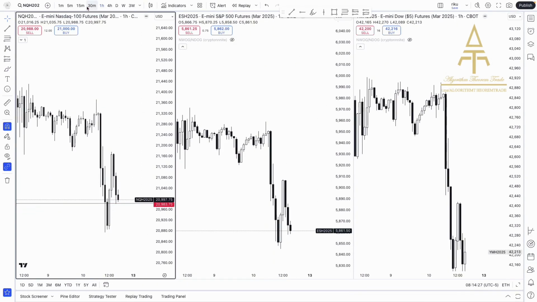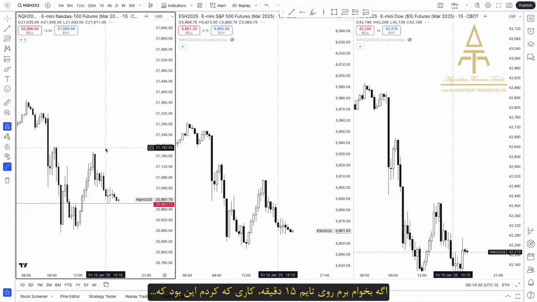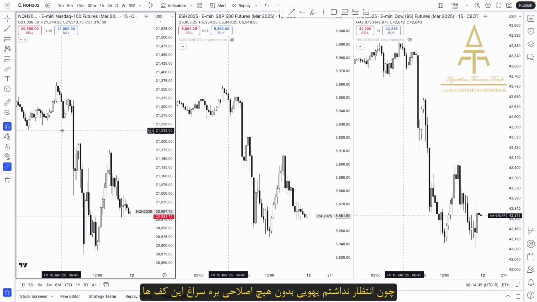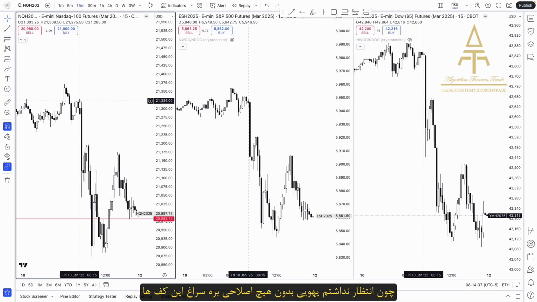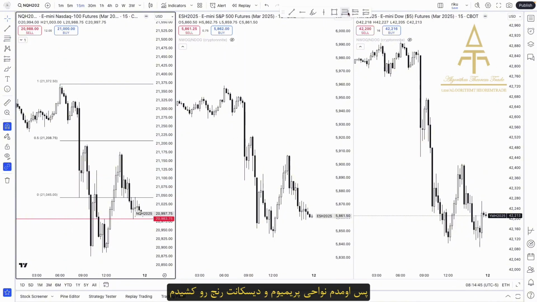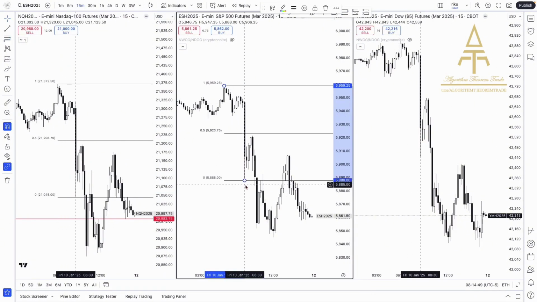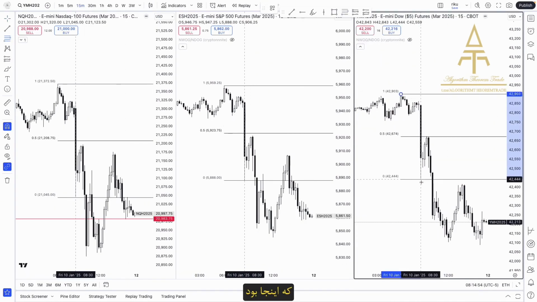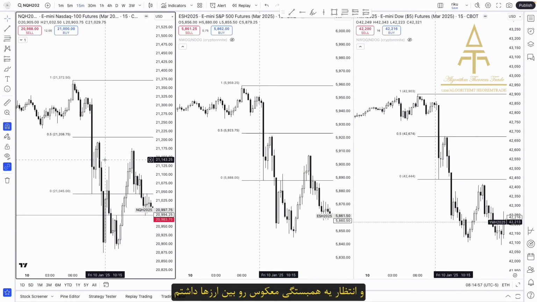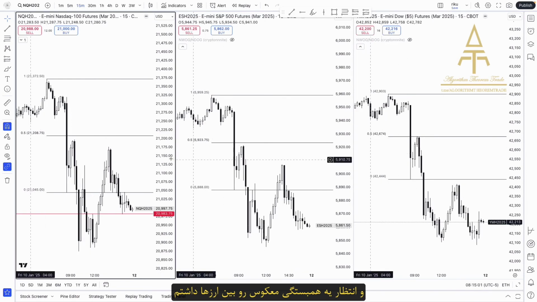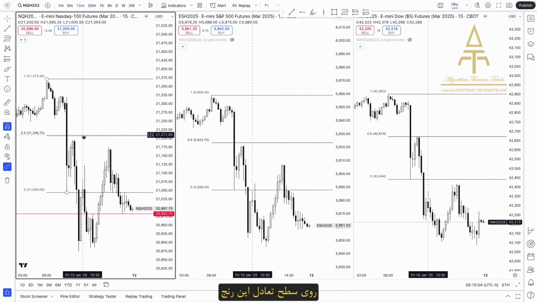Okay, if I go on to the 15-minute chart, what I did is, because I'm not expecting it to just immediately move down to these lows with no retracements, so I drew my premium and discount, okay, of the range that we were given from NFP, which was here. And then I was expecting a cracking correlation between the assets on the equilibrium